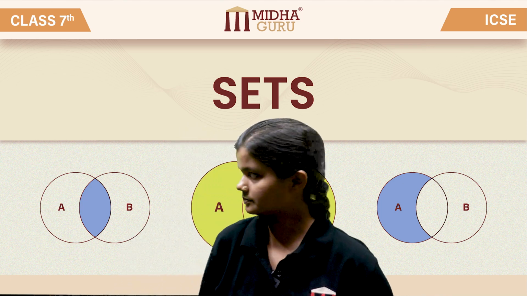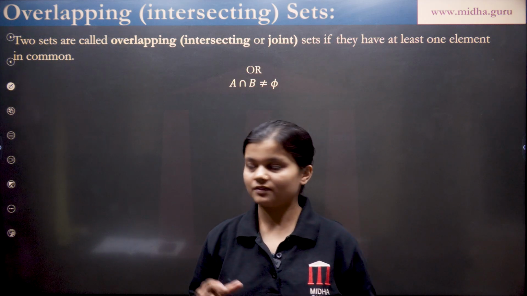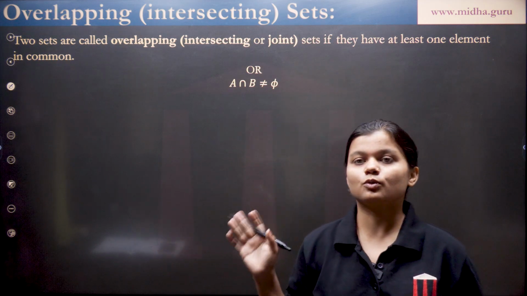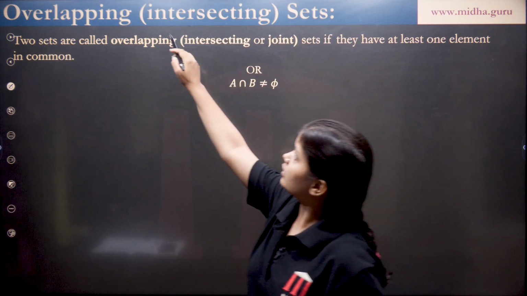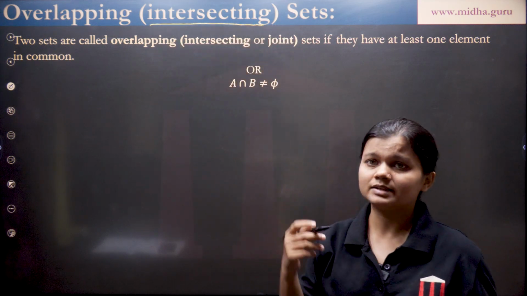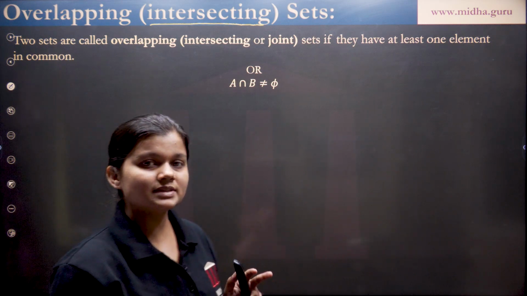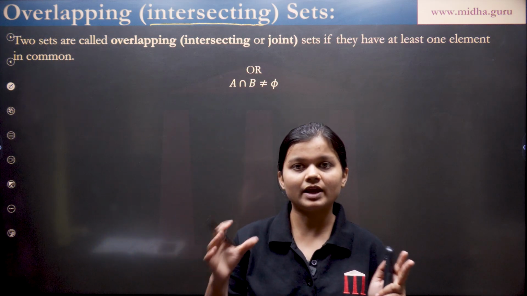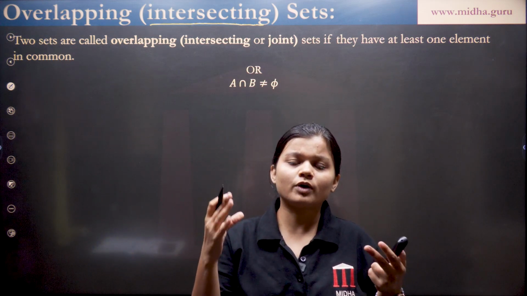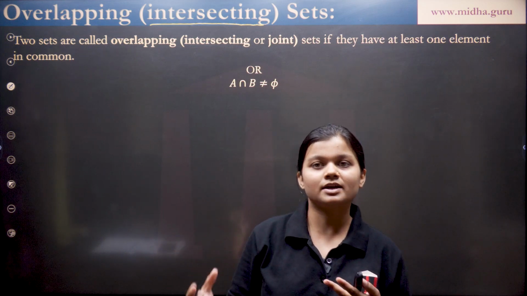So let's start. In this class we are going to discuss overlapping of sets. The first topic is overlapping of sets. What is an overlapping set, or we also call it an intersecting set? Let's understand. Overlapping set means if two sets are given and there is one or more than one common element between these two sets, then the sets are said to be